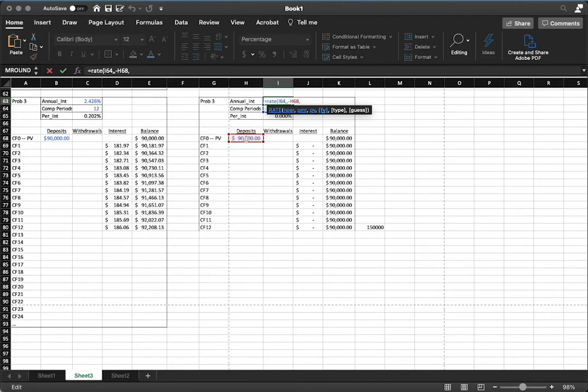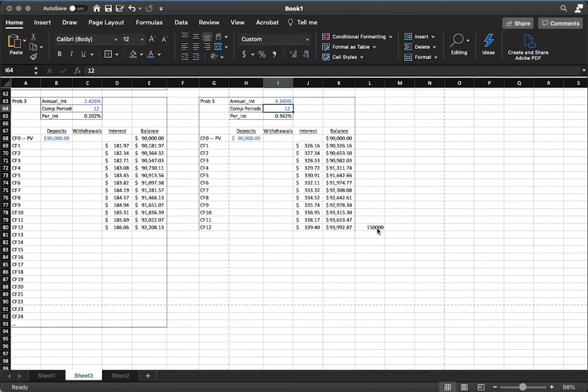Then we have our future value of 150. Okay, that'll be our target. Type, we're gonna be in end mode, so we can hit 0, or you can leave that blank, comma, then we're gonna leave guess blank. Okay, and that will give us an interest rate